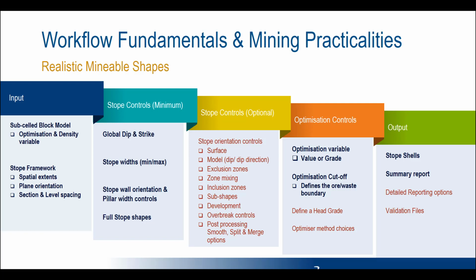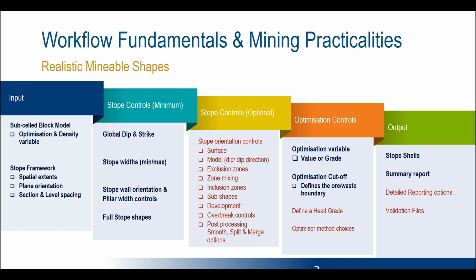The text that's highlighted in red are additional features that really will allow you to flex and create more realistic mineable shapes when you go to use the tool. Before going into more detail about the open pit scenario, I just wanted to touch on the stope framework, which is part of the input